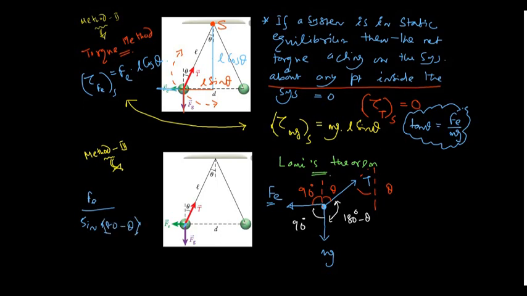right? I hope you are getting clarity in it. It is equal to mg. This is mg, in the vertically downward direction. The opposite angle is 90 plus theta, so sine of 90 plus theta. If you solve, again we are going to get tan theta is equal to Fe by mg.